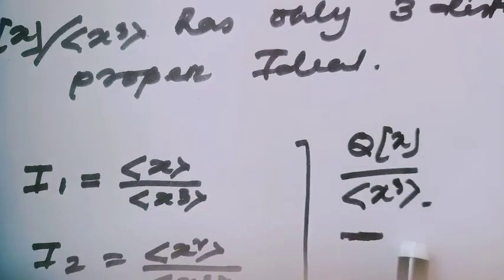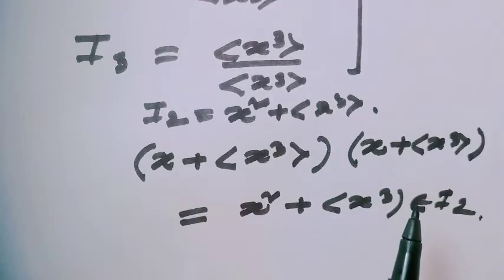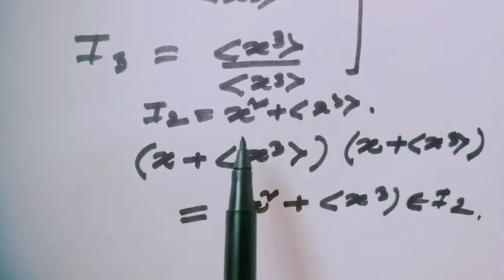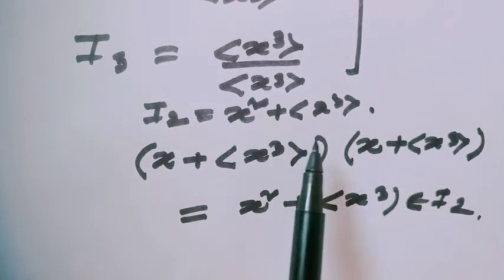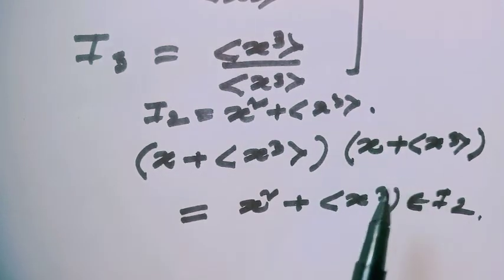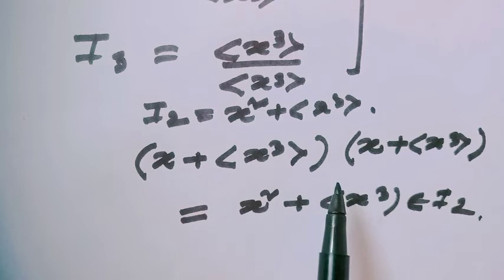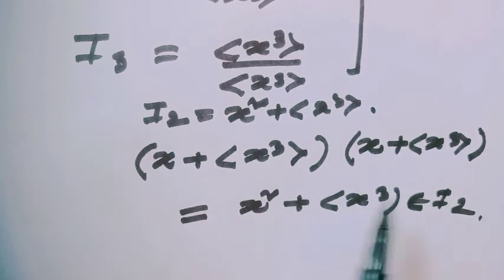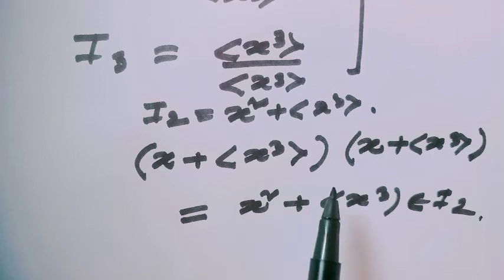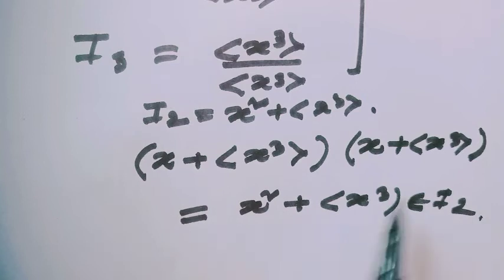Since here the ring is Q[x] mod x^3, the actual operation would look like this. If we consider the ideal I2 equal to (x^2 + ideal generated by x^3), this is not a prime ideal, because if we consider two arbitrary elements from the quotient ring Q[x] modulo x^3, here the elements are x + ideal generated by x^3 and x + ideal generated by x^3, then their product is equal to x^2 + ideal generated by x^3. And notice here